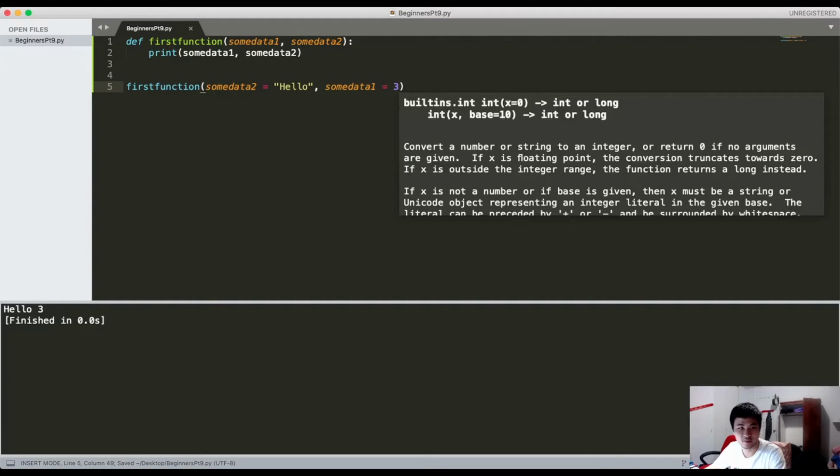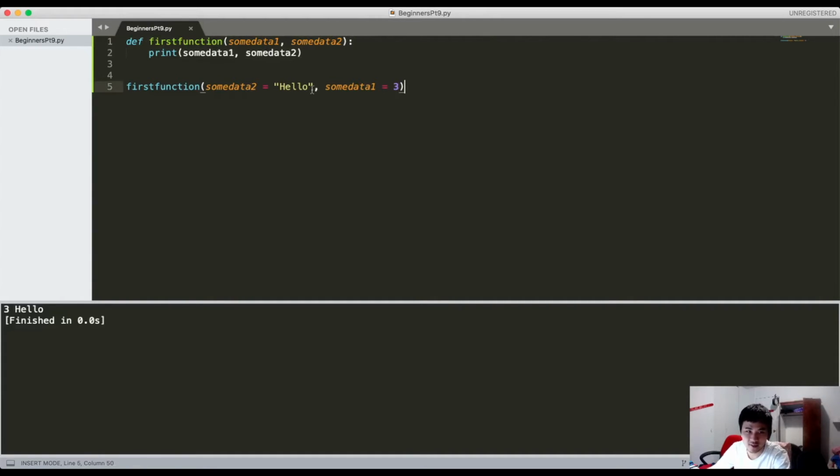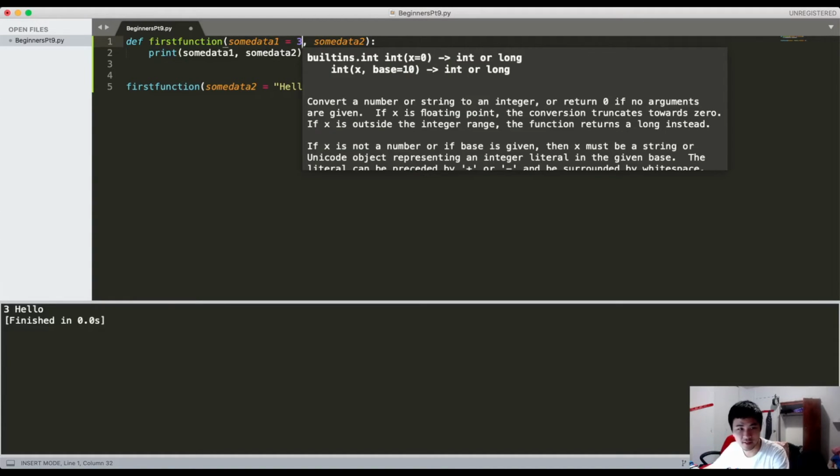Right, so let's just say this. In this case, it should be 3 and hello because I reversed the order. So you don't have to follow the order that the function definition gave you. You can set it yourself, as long as you set these parameters to something. You can even set these parameters to be something